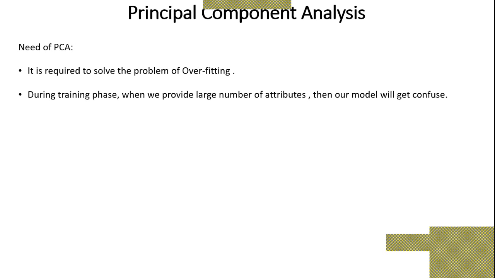You can take any type of machine learning algorithm. But if the data set you are providing to train the model has a large number of attributes, then obviously our model will get confused. To reduce this problem, PCA is trying to reduce the overfitting problem,